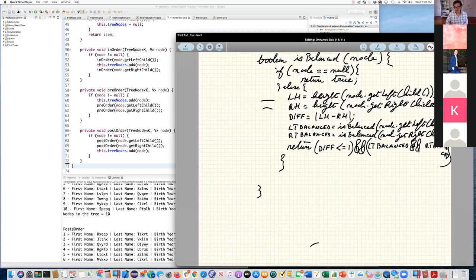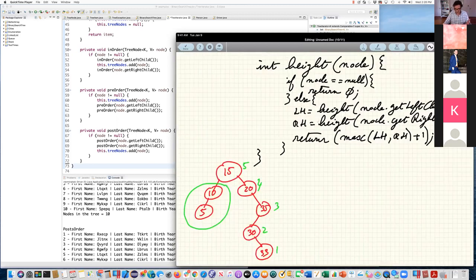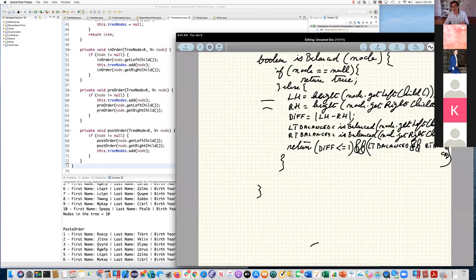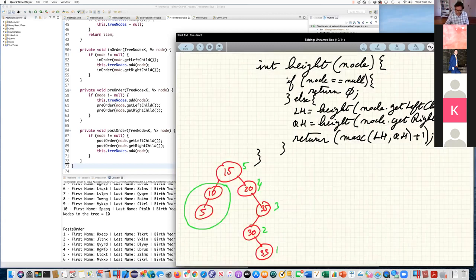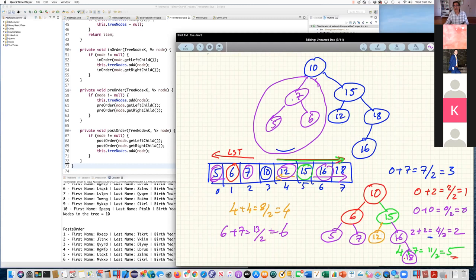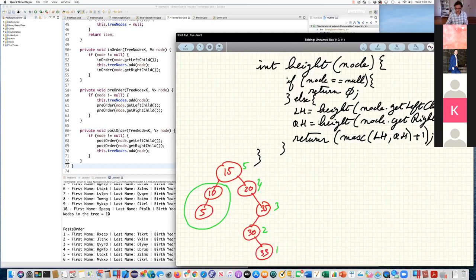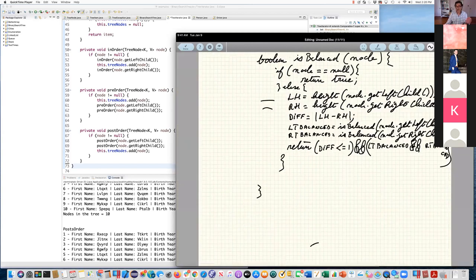So for your homework, you're going to need to write the height algorithm, the is balanced algorithm, and you're going to need to implement the balance tree algorithm. The height algorithm is pretty straightforward. The is balanced is a pretty straightforward algorithm.